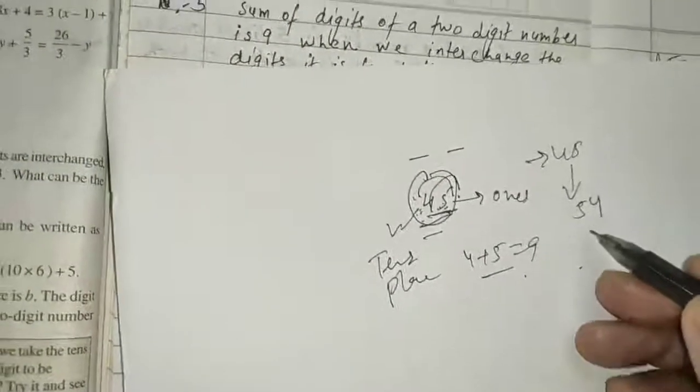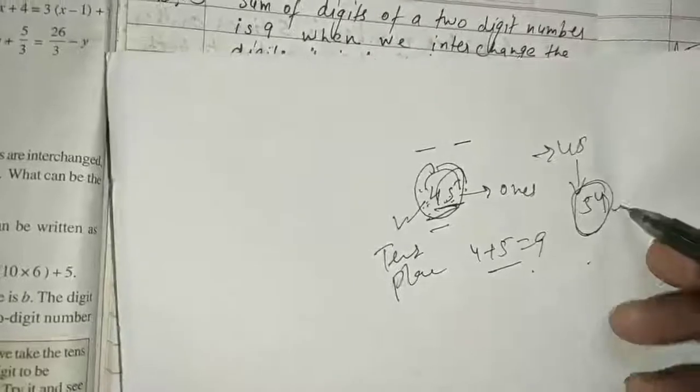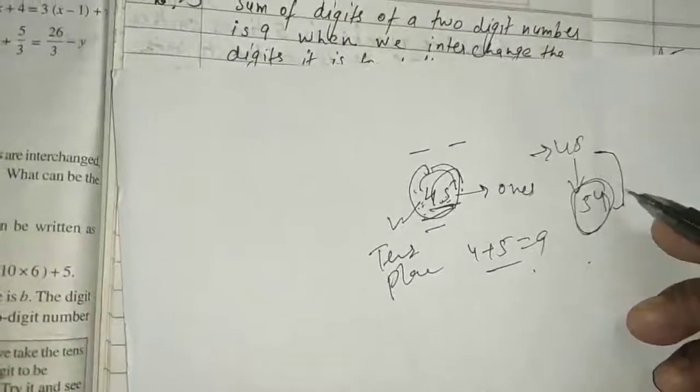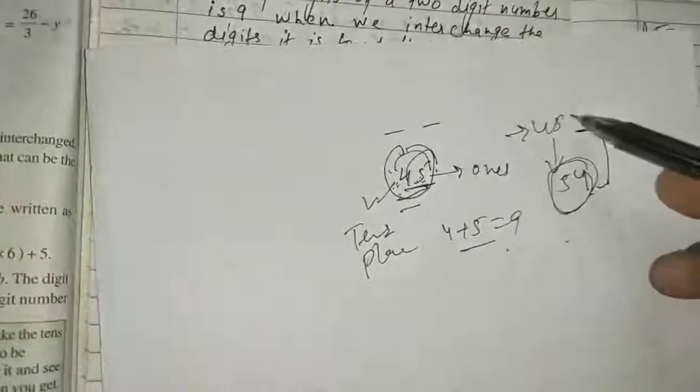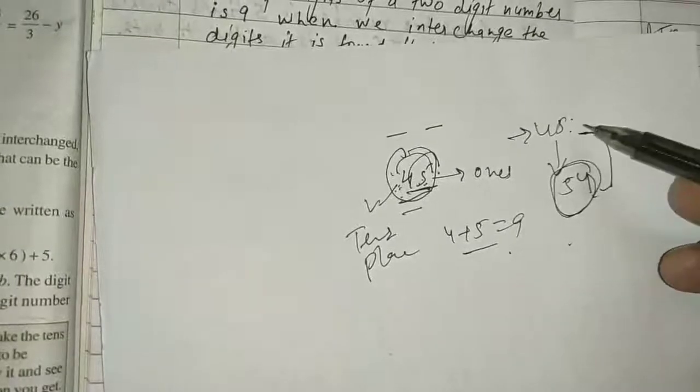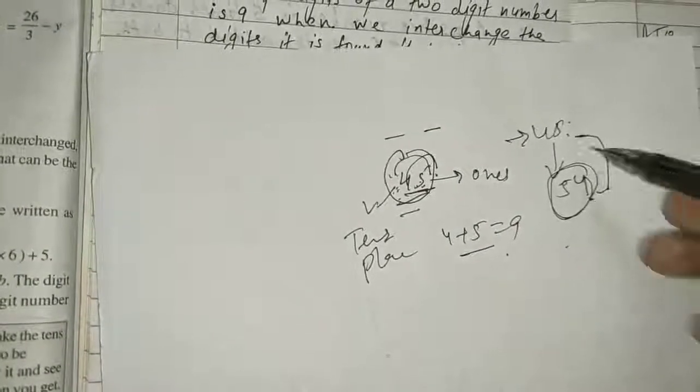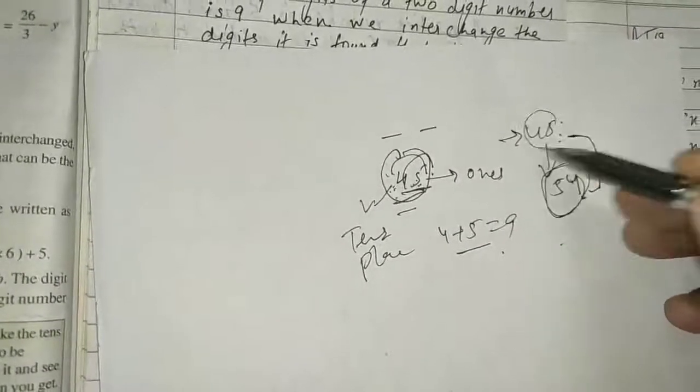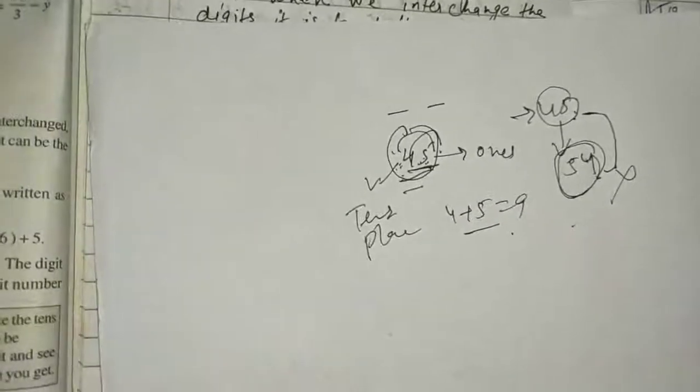So they are saying that the new number obtained is 27 more than this. But if you see here, how much more is this? 45 and this is 51. That means this is 9 more than this. So that means this will not be the answer. This is just a random number I am picking.